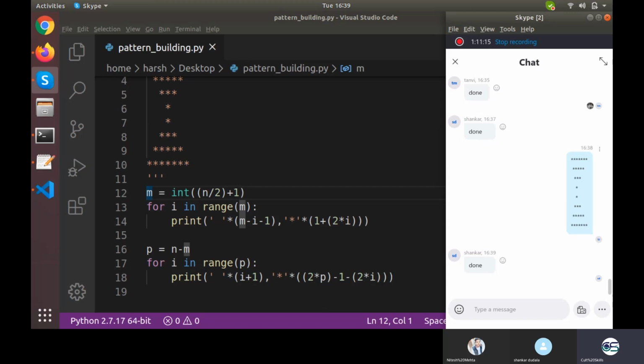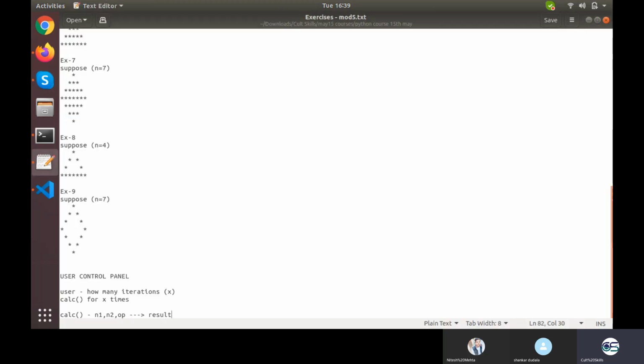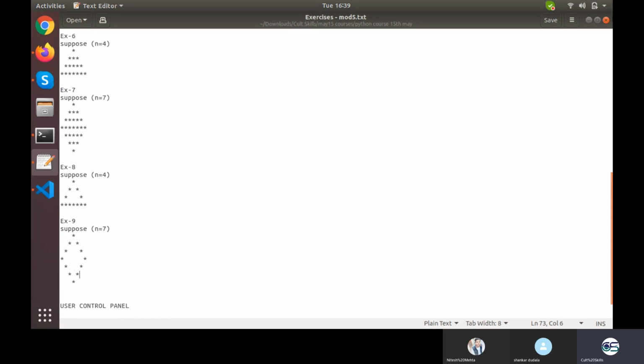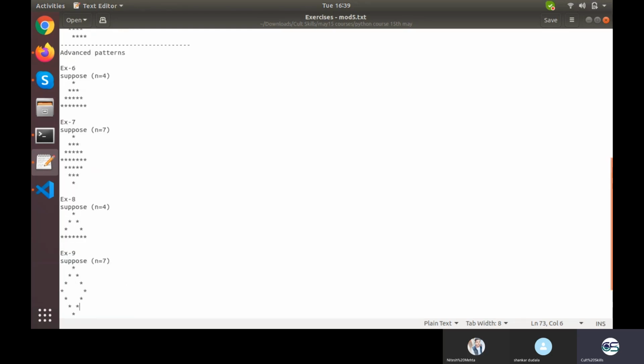Well, okay, then I'll not be waiting anymore. I'll be moving ahead with the other exercises given to you. I want you to make pattern exercises number 8 and 9 on your own. This is exactly similar to exercise 7, just a hollow twist is there, and this is exactly similar to exercise 6, a hollow twist again. So you need to think what that hollow part will be and how to fill it.